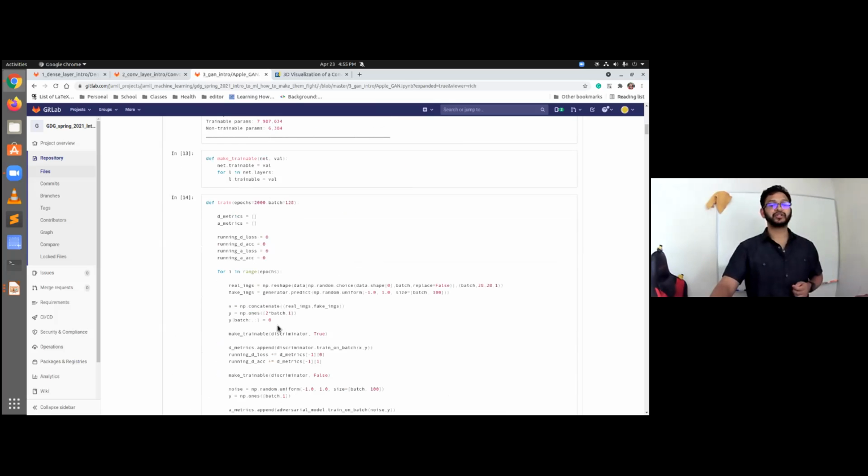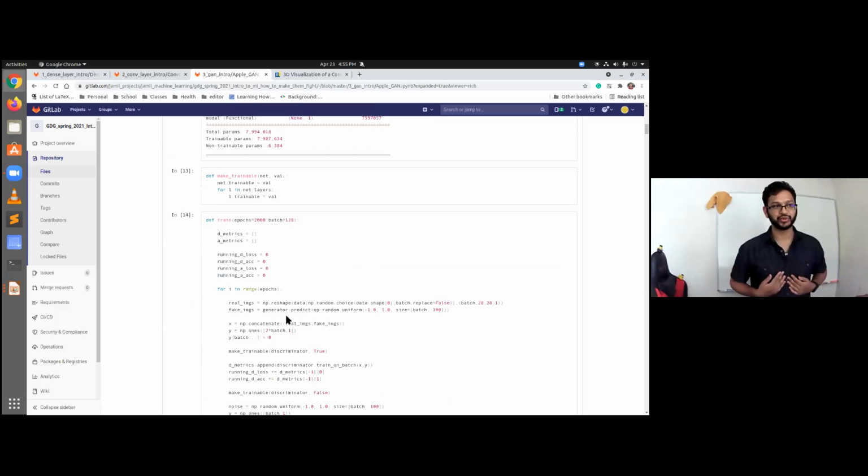So now what we're going to do is, I have one GPU. I don't have a fancy GPU. I only have one. So I made this little function, which is make trainable. Since my code runs on a GPU for each neural network, I'm essentially going to say either the generator is active or the discriminator is active. If I had two GPUs, I wouldn't need that, but I'm a grad student. I don't have two GPU kind of money.